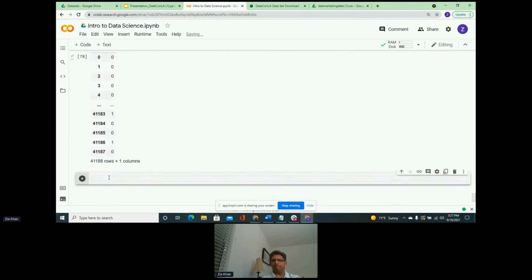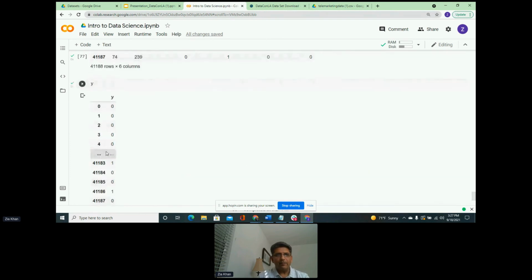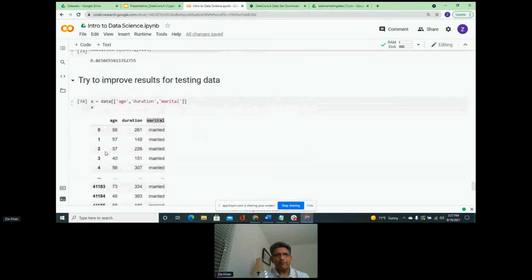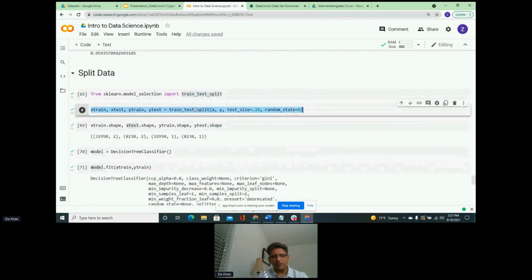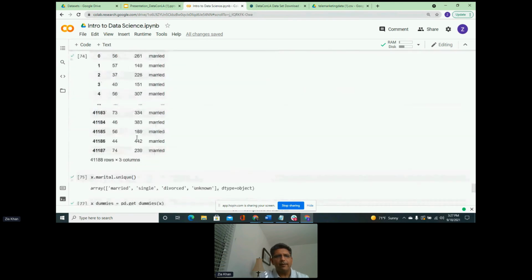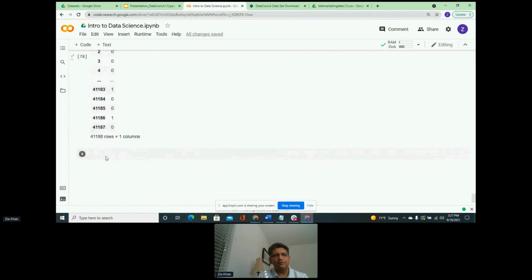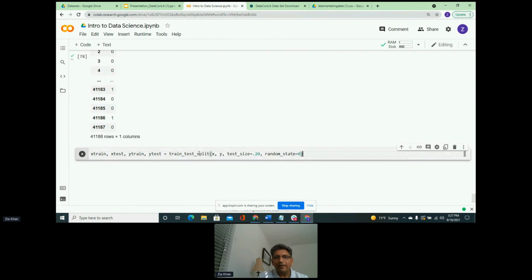Now what's the next step? Because we changed the data, we have to do that split again. We have to divide it into train and test again so that we can use that. So I am going to take this cell from here and copy paste it to make my life a little easier. In this case, we are going to train test split the data that we have from this dummies, and we are going to use that data.